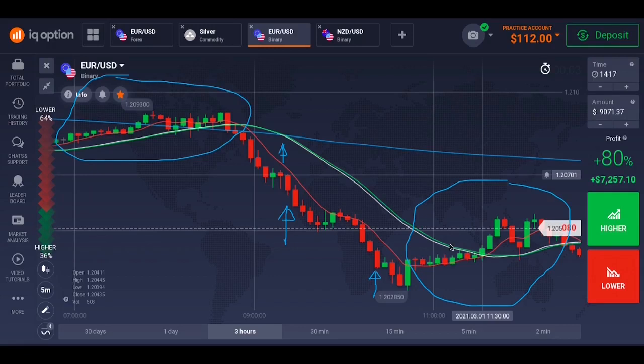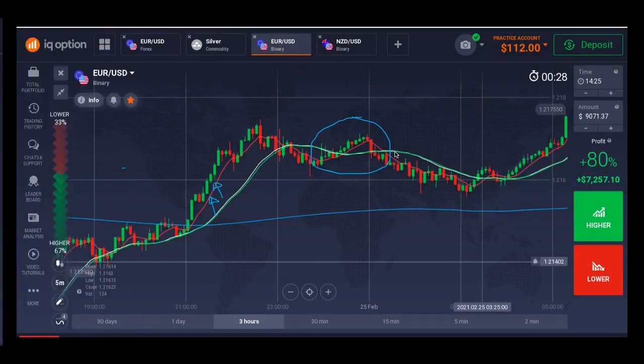Avoid buying a trade. And another thing you need to know is anytime you see a bullish candle or a bearish candle just like this, touching this red moving average, you wait for the candle to open and close without touching this moving average before selling or buying. And anytime before you sell or buy, when this red moving average crosses this green and white moving average, then you see a bullish candle at the cross, you wait for a bearish candle to show before selling.